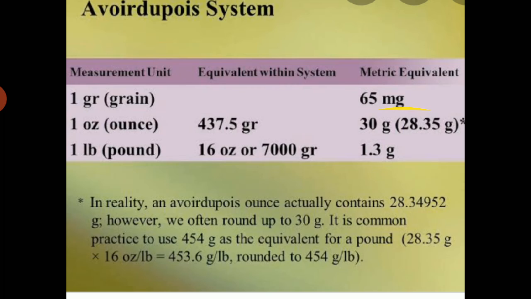Volume by volume, V by V solutions. In this, the solute and the solvents are taken by volume. The general formula for 1% V by V solution is solute 1 part by volume, solvent to produce 100 parts by volume. 1 ml solute dissolved in sufficient amount of solvent to produce 100 ml.